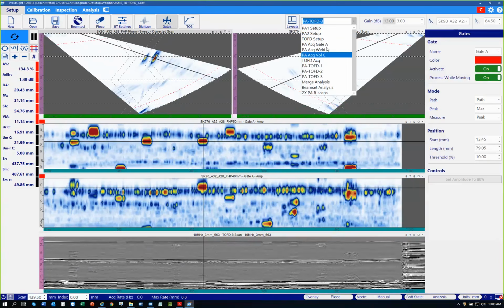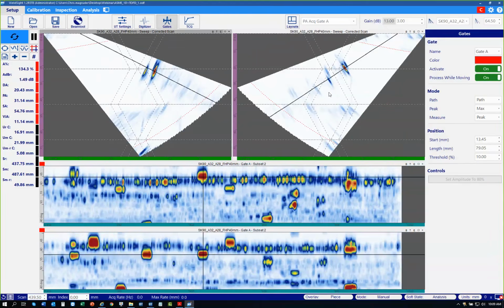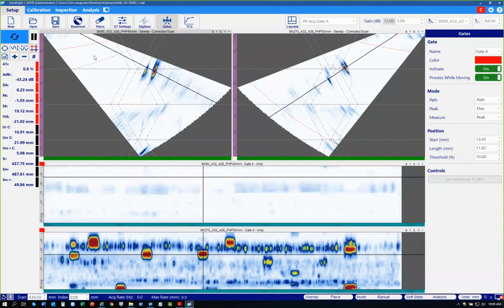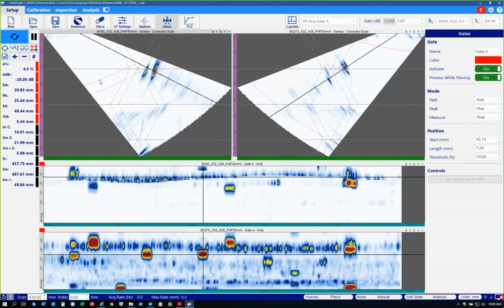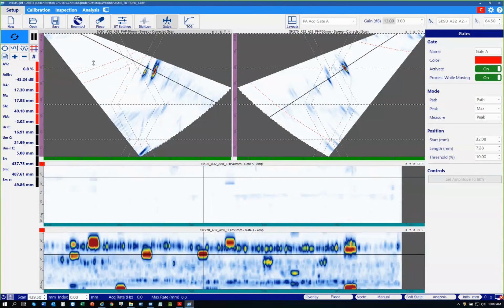They can be updated at any time, and with process while moving selected here, the gates will dynamically update the C-scan data without me having to let go of them. We're going to see lots of examples through the demos of how dynamic analysis, watching something move either from rolling a B-scan or the gate data, is the easiest, fastest way to find flaws, especially in a V-weld with lots of geometry. So as I move through the depth of the gate on the skew 90 here, I can see